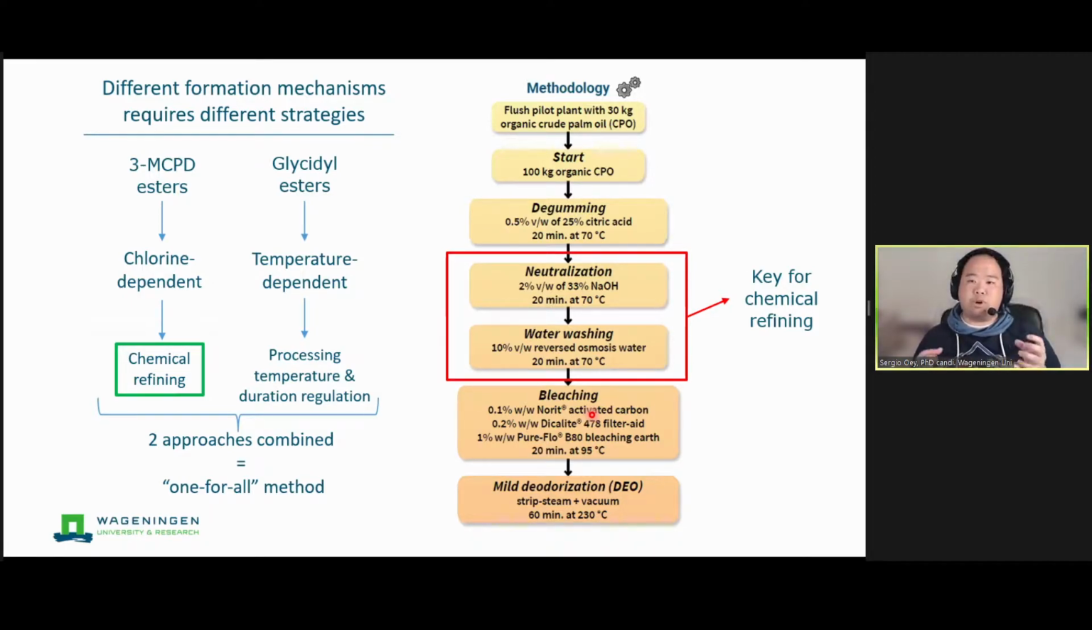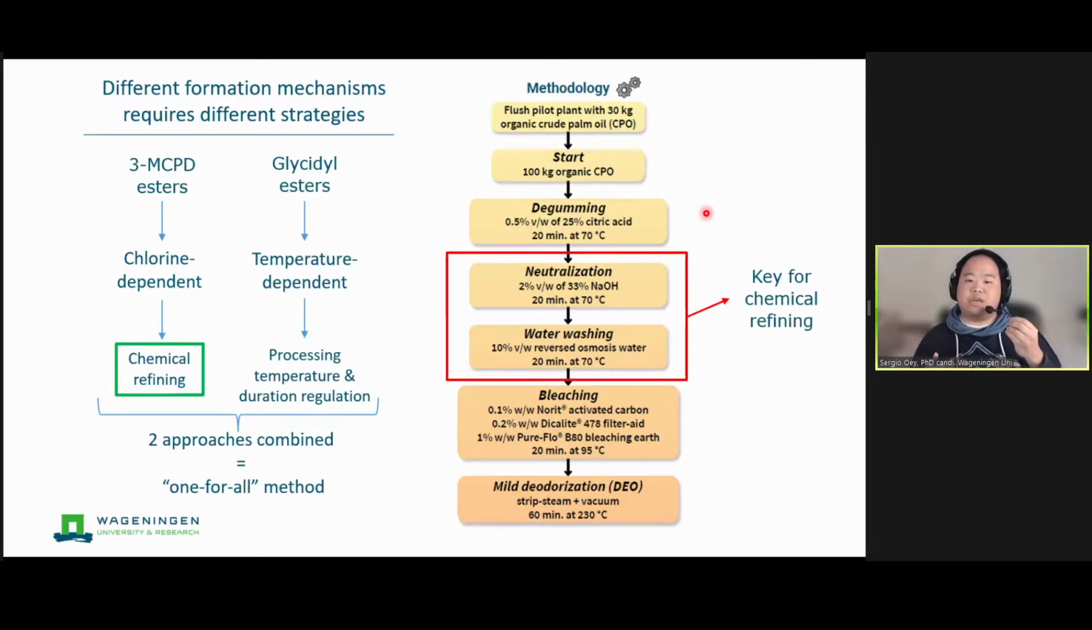So for the industry, it is very beneficial if they had a method in which they can reduce these two process contaminants at the same time, because then it saves them money and time. So basically, we are looking for a one-for-all method. Here on the right, you can see the method that we have used